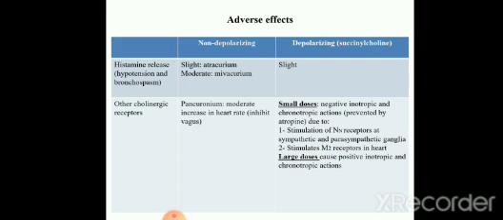For example, in the case of pancuronium, there may be an increased heart rate because they are blocking acetylcholine action. They are blocking the parasympathetic effect, resulting in a raised heart rate. But the depolarizing blocker has effects similar to those of acetylcholine because it is a partial agonist. So it may result in parasympathetic effects like a negative inotropic or chronotropic effect.